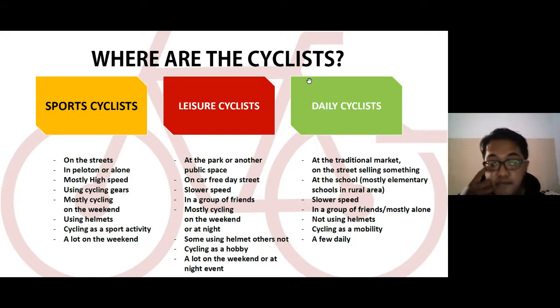But the third type, daily cyclists, they won't call themselves cyclists actually. They are just cycling citizens. For them, cycling is a mobility option. Cycling is the way they go from A to B to C and so on.